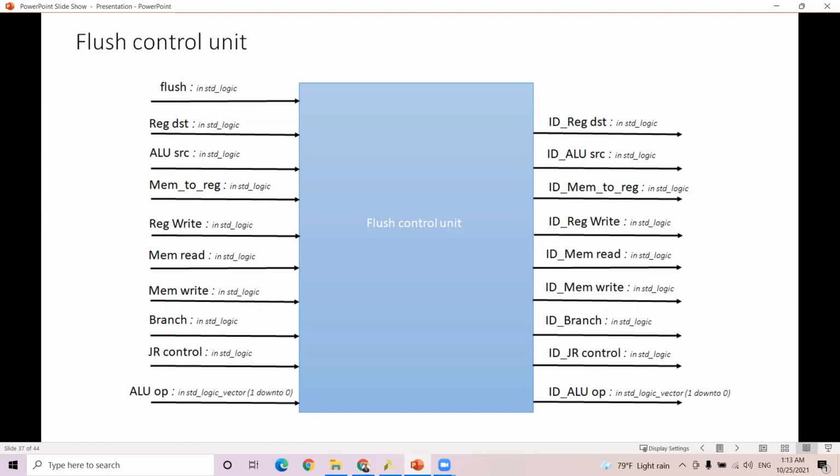If the flush bit is high, we make all these signals that are taken into the flush control unit zero and output them as zero, removing all the instructions that were in the pipeline. So if you look at the code of the flush control unit,